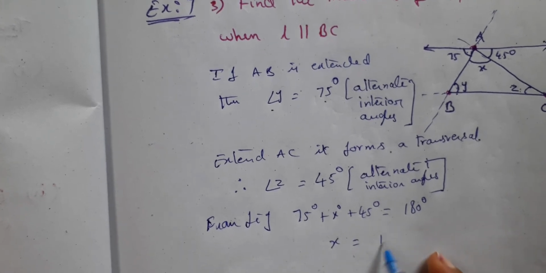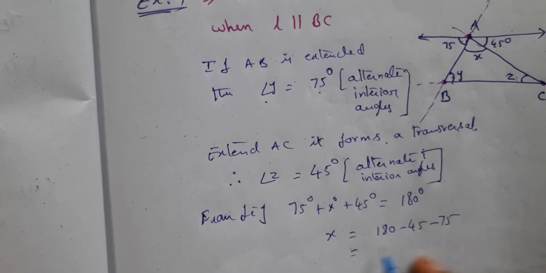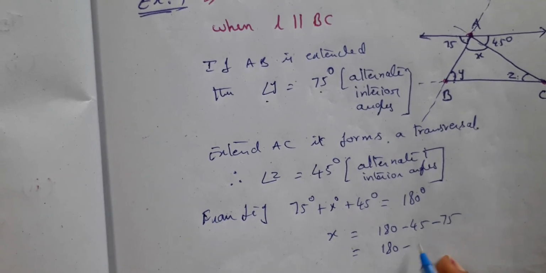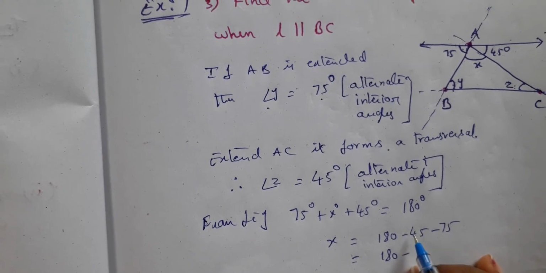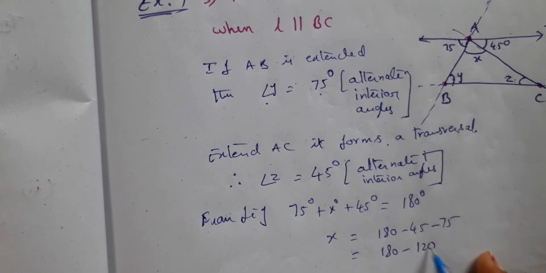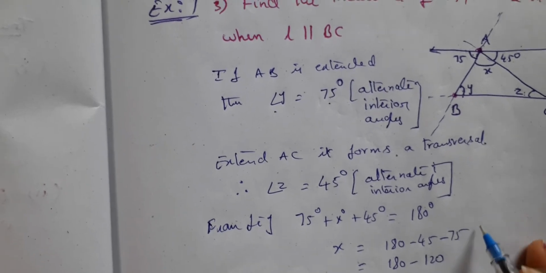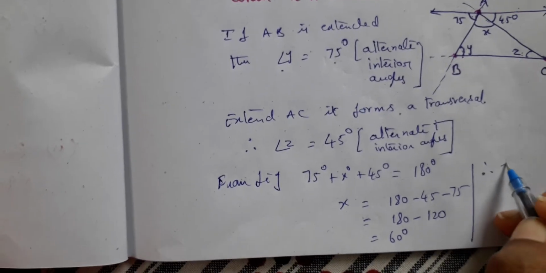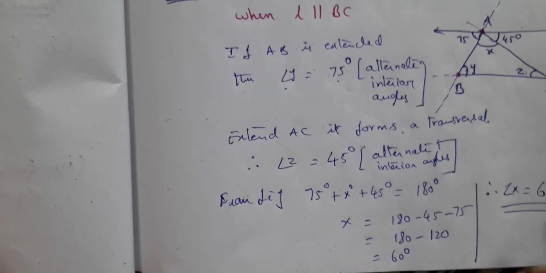So now x is equal to 180 minus 45 minus 75. So 180. So add these negatives first. 5 plus 5, 10. So 5 plus 7, 12. 120, which is equal to 60 degrees. So thus, therefore, angle x is equal to 60 degrees. So we got all